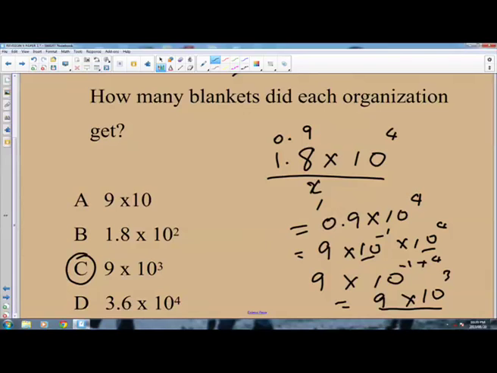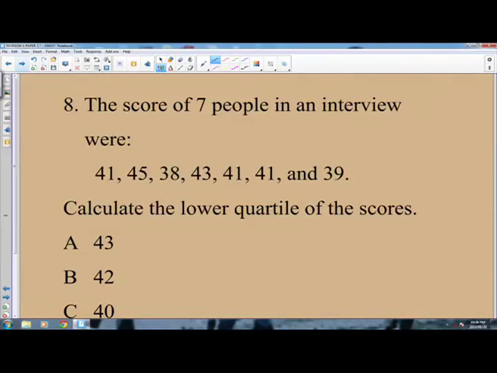And then the next revision question says, the scores of 7 people in an interview were 41, 45, 38, 43, 41, 41, and 39. Then it says calculate the lower quartile of the scores. So the question is expecting you to calculate the lower quartile of the scores. But before you can carry out the calculation, you need to check, are these numbers arranged in order of size, starting with the smallest? So you need to make sure that you arrange these numbers in order of size, starting with the smallest. So when we arrange this, we will get